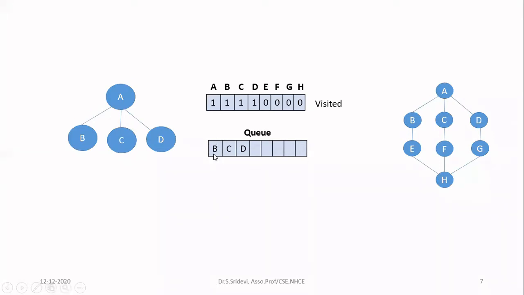Now you can check one thing. A is having 3 neighbors. We have explored all the 3 neighbors breadthwise. That means first we have started with this A. We have completed all the neighbors of A. Then only we are going to the next level. Okay, so we can consider that this BFS is similar to level order traversal in case of trees. In tree, in the level order traversal, first we'll start with the root node. We will finish that. After that, we will go to level 1. Whichever nodes are available in level 1, we will display that. Okay, then we will go to level 2. We will display all the nodes.